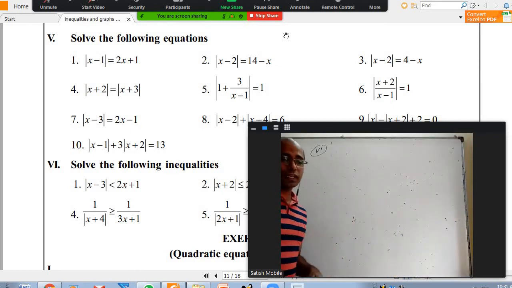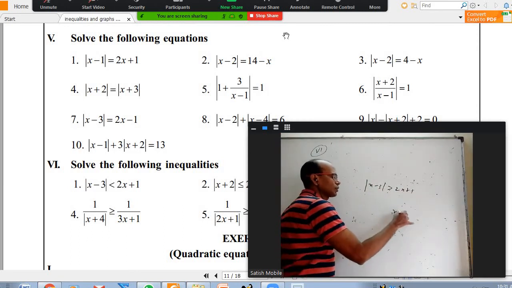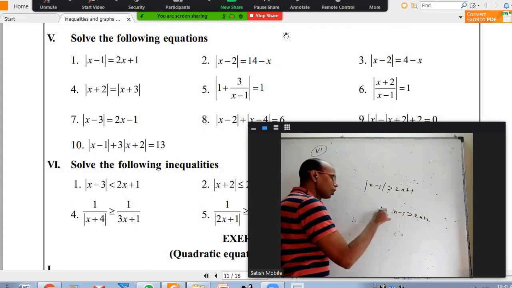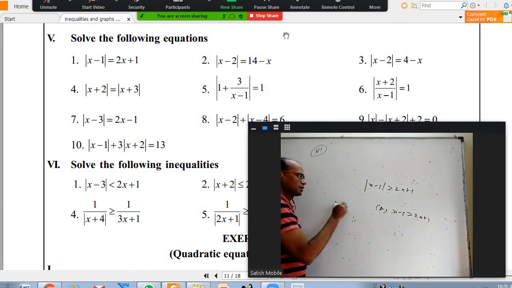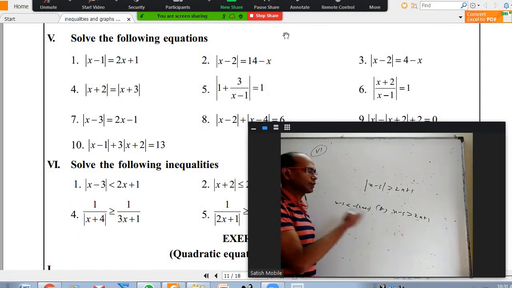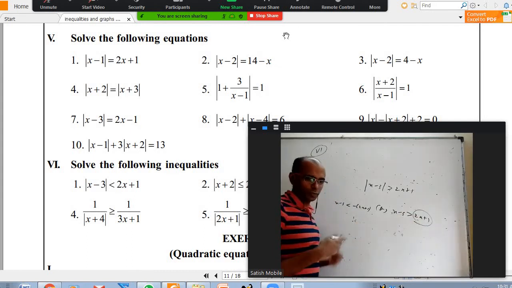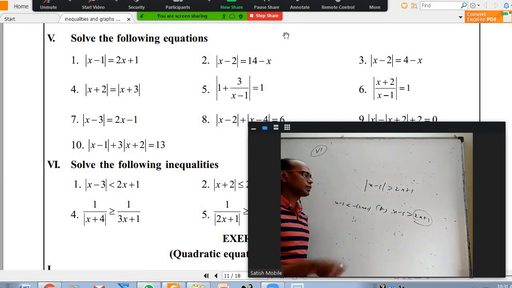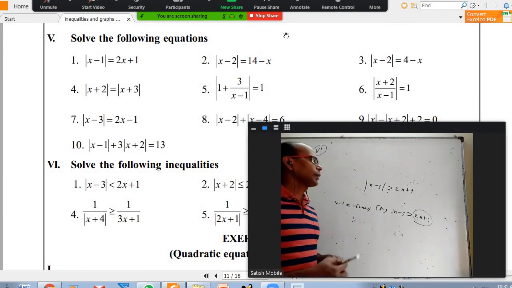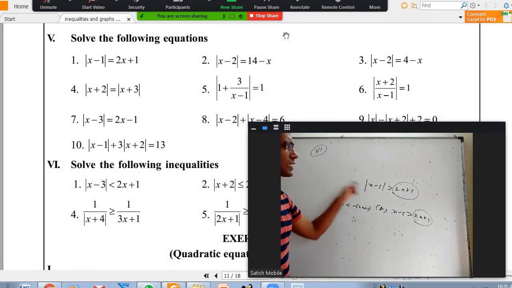That will only work out for less than. For greater than, it will not work. Take the same question, mod x minus 3 is greater than 2x plus 1. We cannot write x minus 3 is greater than 2x plus 1 or x minus 3 less than minus of 2x plus 1. Normally, we'll write x greater than k or x less than minus k. It's not okay here, because it is not built in that 2x plus 1 should be positive. We have not taken care of that. So only for less than, that one is working out. The main point is that where mod is not there, whether it is positive or negative has to be taken care of. If it is less than, it is built in, that's why we are able to do it like that. You have to realize that.